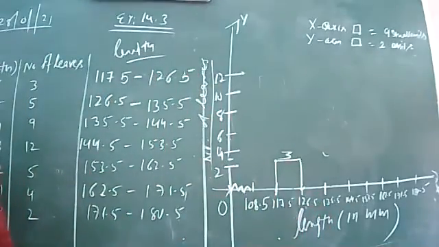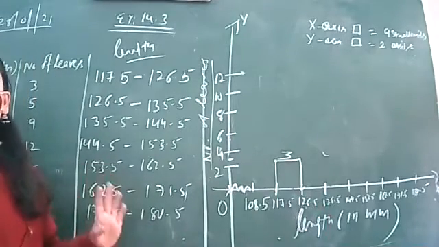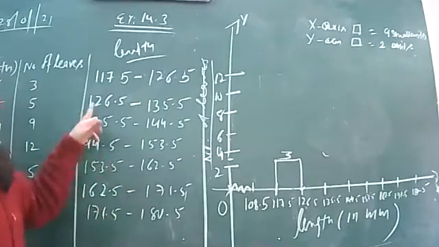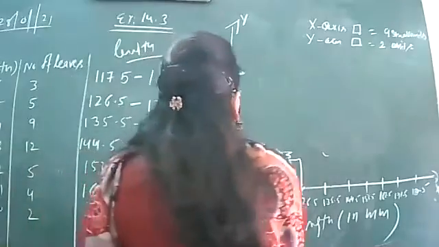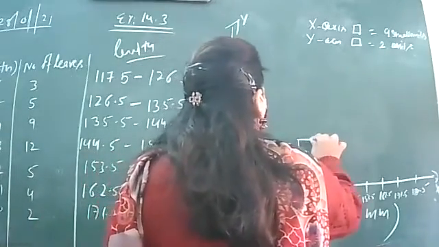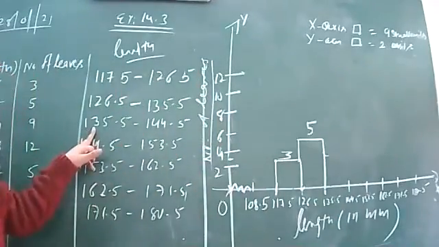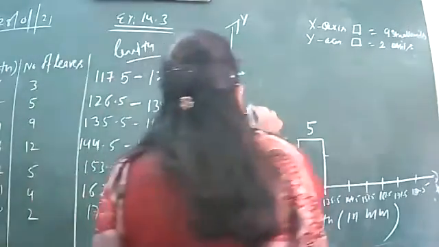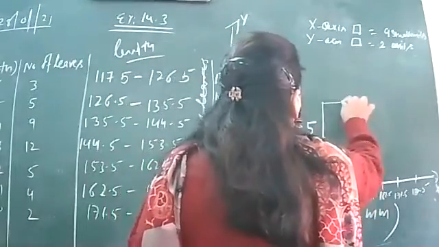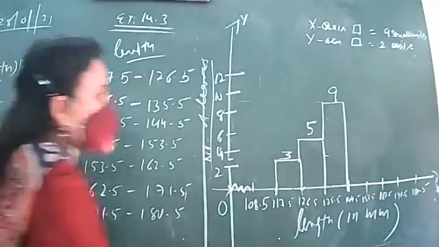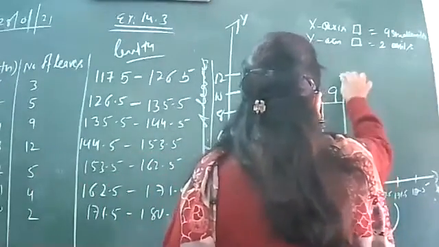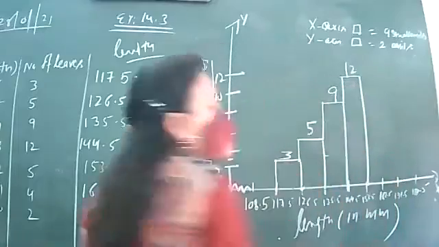Starting with the next interval, it starts from which number? 126.5. स्टार्ट किया यहां से, कहां तक गए? 5 तक. 4 के बाद 5 lines count कर लेना and U-turn लेके coming back to 135.5. This is 5. ठीक है. Next is 135.5 start किया, 9 के पास गए, 9 again after 8, 5 lines, then 144.5 to, this is 12, यहाँ पे गए, reach to 12, coming back to 153.5, this is 12.